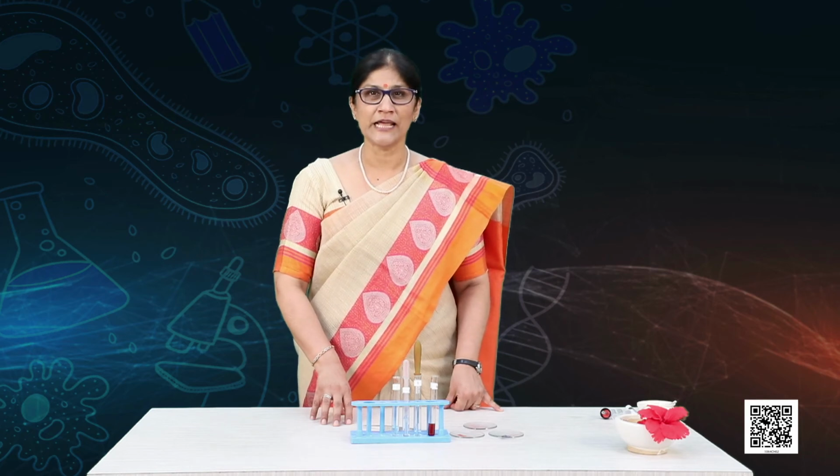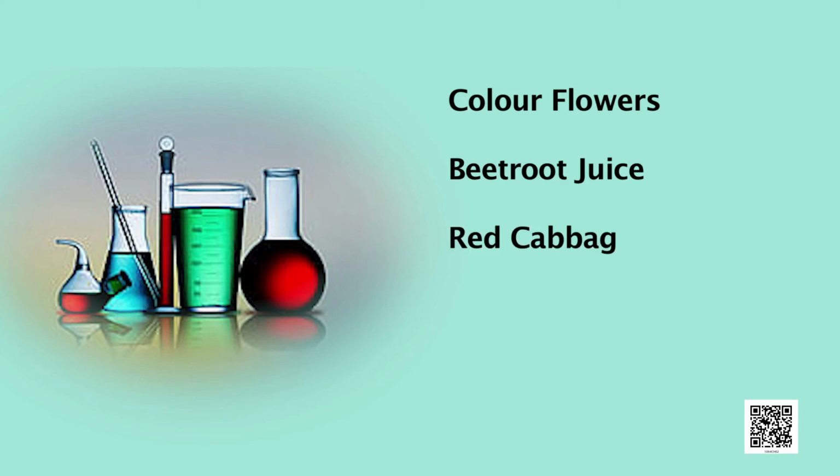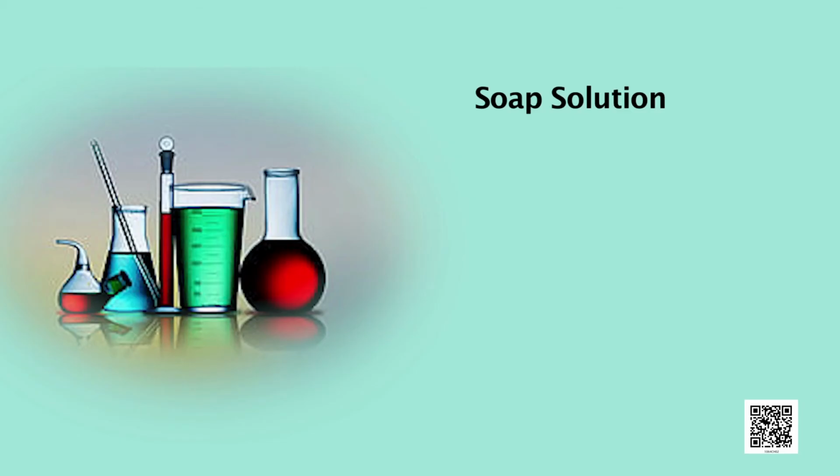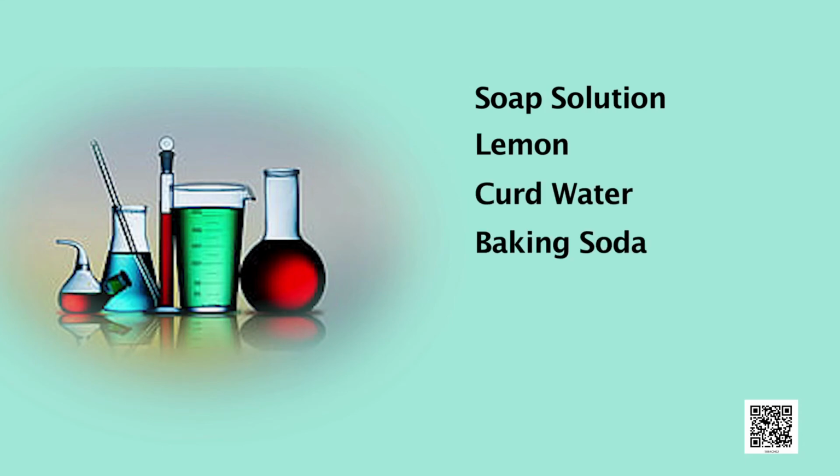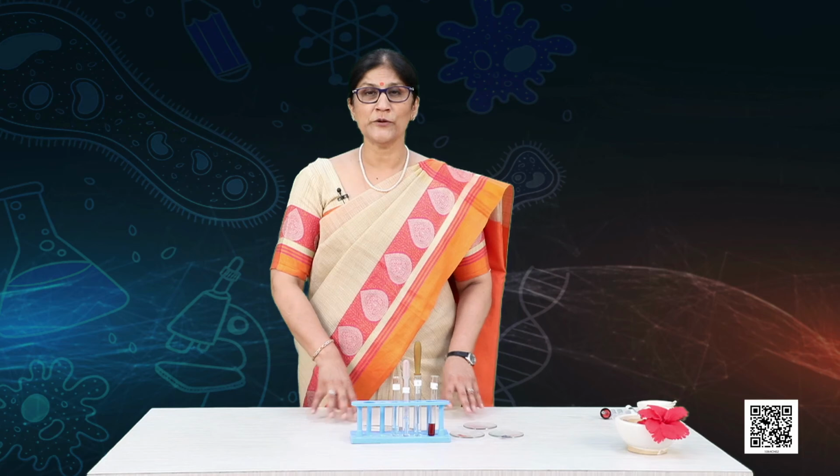So, my young scientists, we are done with the quiz and I am sure you have all done well. And now there is a home task for you. You have to set up a small lab at home, and find out various natural materials that you can lay hands on and that are colored, like some colored flower, beetroot juice, red cabbage, black carrot or jamun. You can collect the juice and see if there is a color change when you add some soap solution, lemon, curd water, baking soda, etc. You have to just check. Maybe sometimes you will get a color change, sometimes you do not, and you keep recording so that you can classify substances as acids and bases.